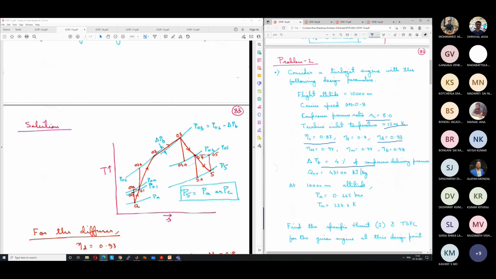Then for finding the value of F, we have to use energy balance in the combustion chamber. So the energy which is taken from the fuel is equal to the increase in energy of the gases. So we will use that. We know how to do that. Same as industrial turbines, we will do that. After that, what we will do? In the turbine calculation, what will be the steps?